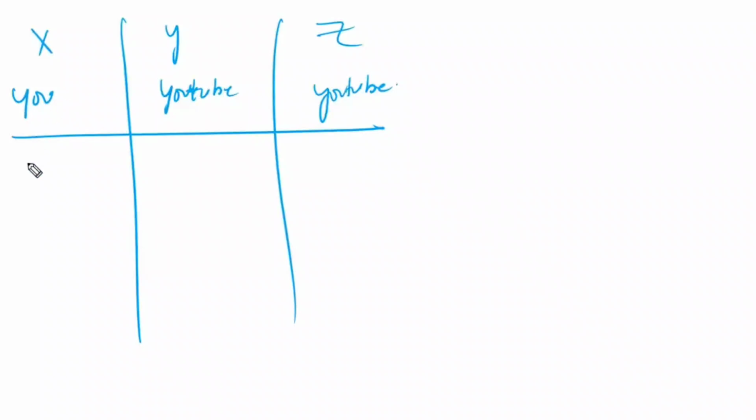Now, YouTubers will ask us to subscribe, share, like, and comment. Every YouTuber will say, don't forget to subscribe and click on the bell icon. Why are they saying like this? Because YouTube is paying for the likes and comments too. The more likes and the more comments, the more it pays.